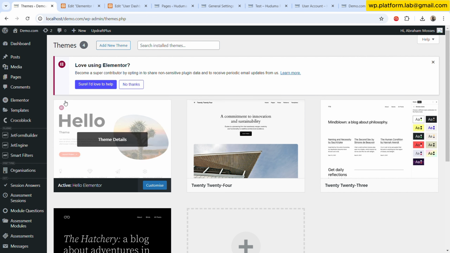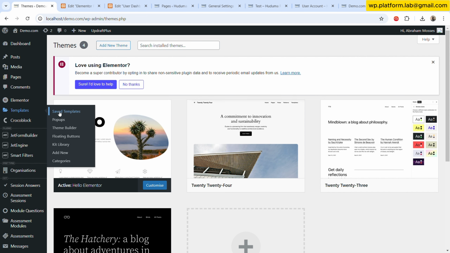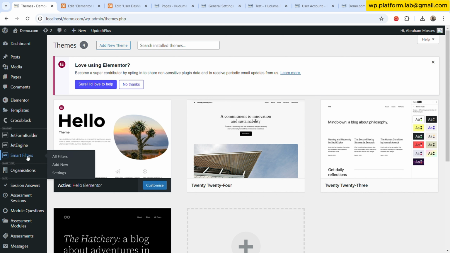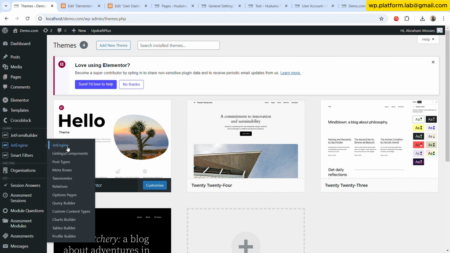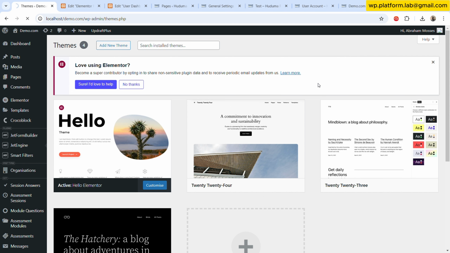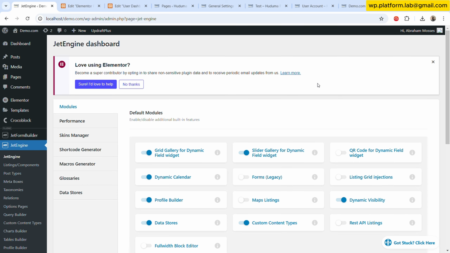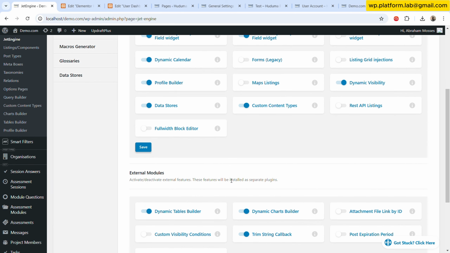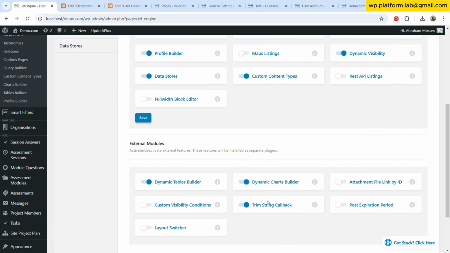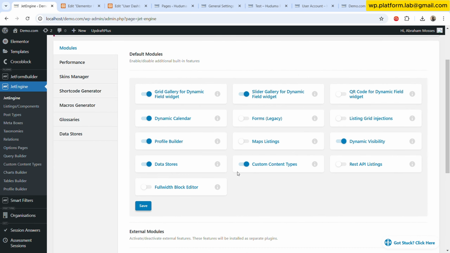And then let me go to JetEngine. It means you go to JetEngine. Now we're going to build a profile. So you activate some kind of features. For example, I've activated the table, chart, trim string, but also you need to activate profile builder and the other things that you need. So after activating these ones,